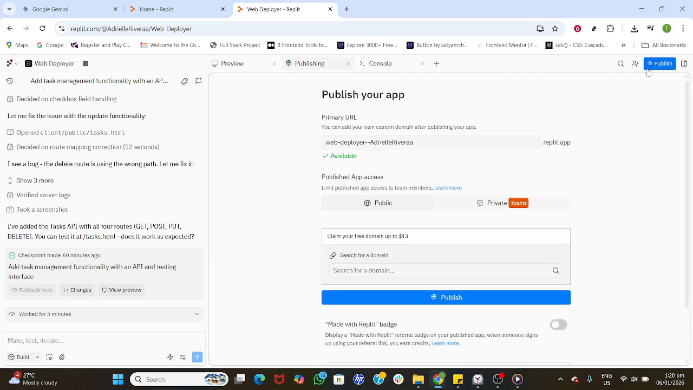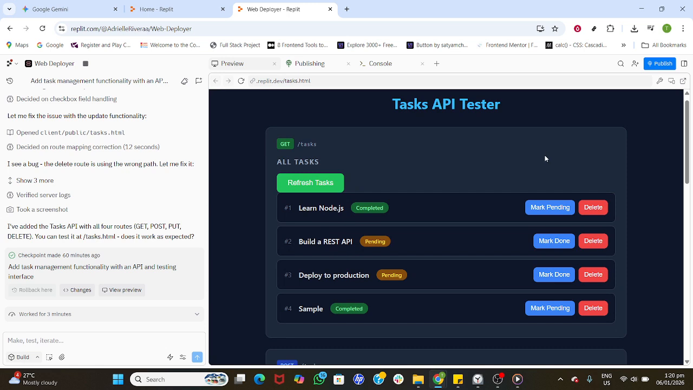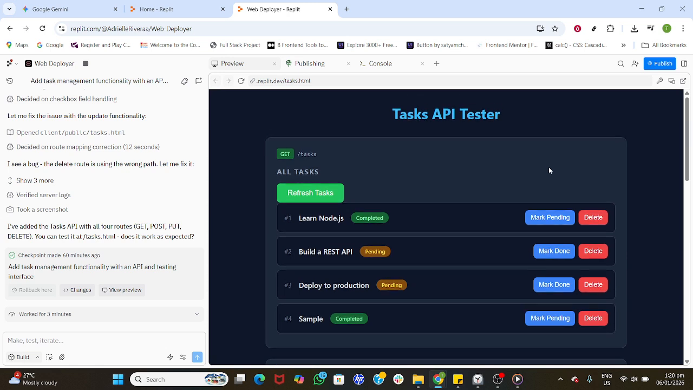When you're satisfied, click Publish. Replit will give you a live link you can share or use for testing. That's it. Your project can now send POST, PUT, and DELETE requests right from the browser, making it easy to learn, iterate, and demonstrate how these